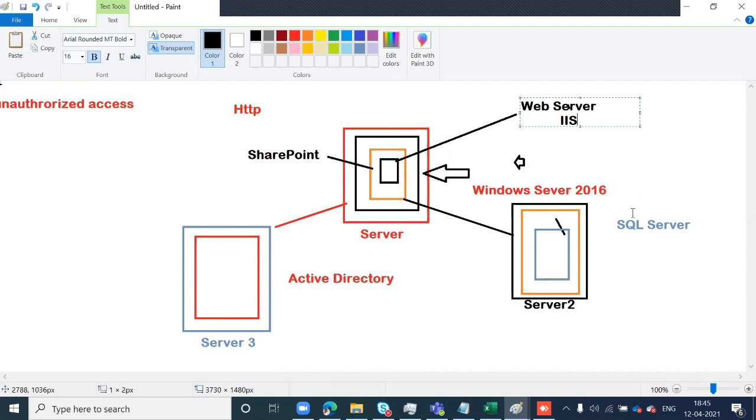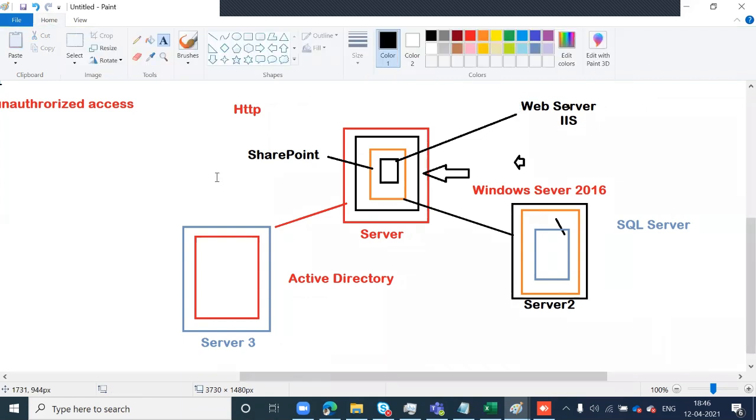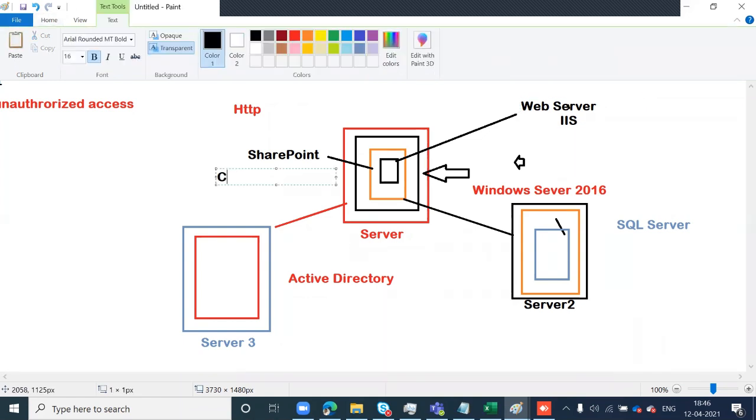So it means that three major components are not in your hand. Where is the data stored? SQL Server. Where are the users, rights and permissions stored? Active Directory. Where are the SharePoint related access services, which work on HTTP protocol, stored? In the IIS server. So what is left with you? Only the configuration part of your SharePoint application. So basically most of the time, we do the tasks related to the configuration of my SharePoint